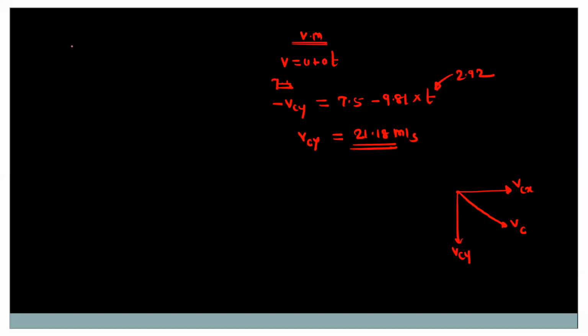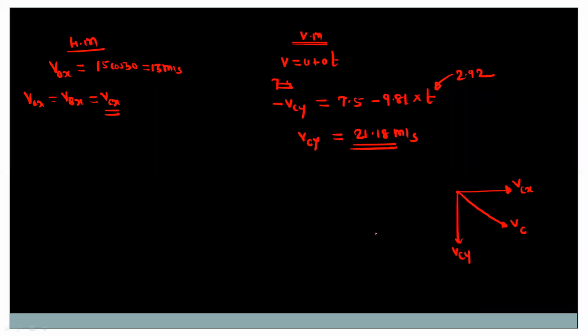So if you refer to horizontal motion, we have the initial component in the x direction, that is V naught x, which is equal to 15 cos 30. So this is 13 meter per second. Okay, so this V naught x is equal to VBX, that is equal to VCX. So we have the value for VCX, that is equal to 13 meter per second.